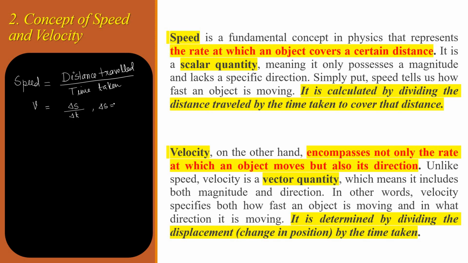Delta S means S final minus S initial, that is final position minus initial position. And delta T indicates final time minus initial time. So here we see that speed equals delta S by delta T, and the SI unit